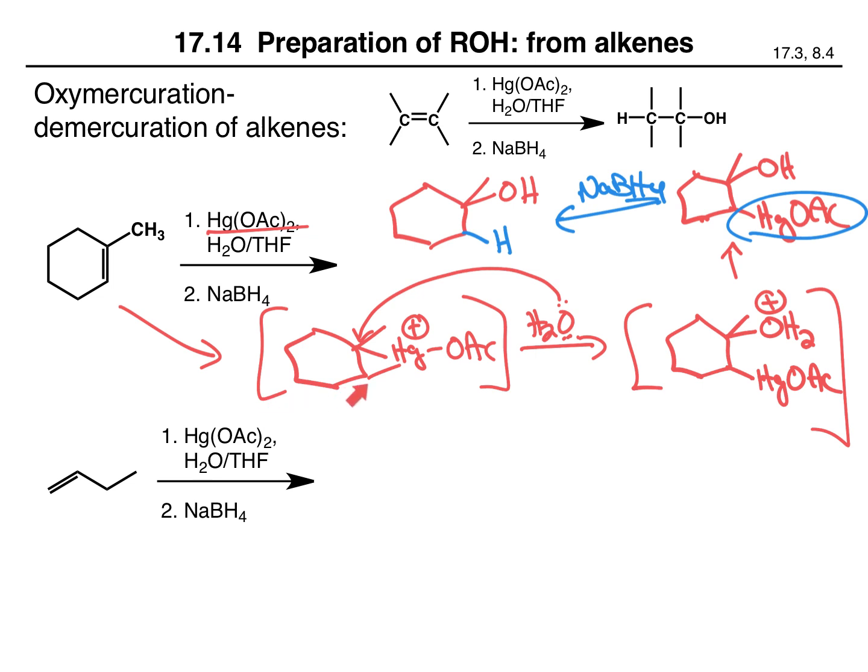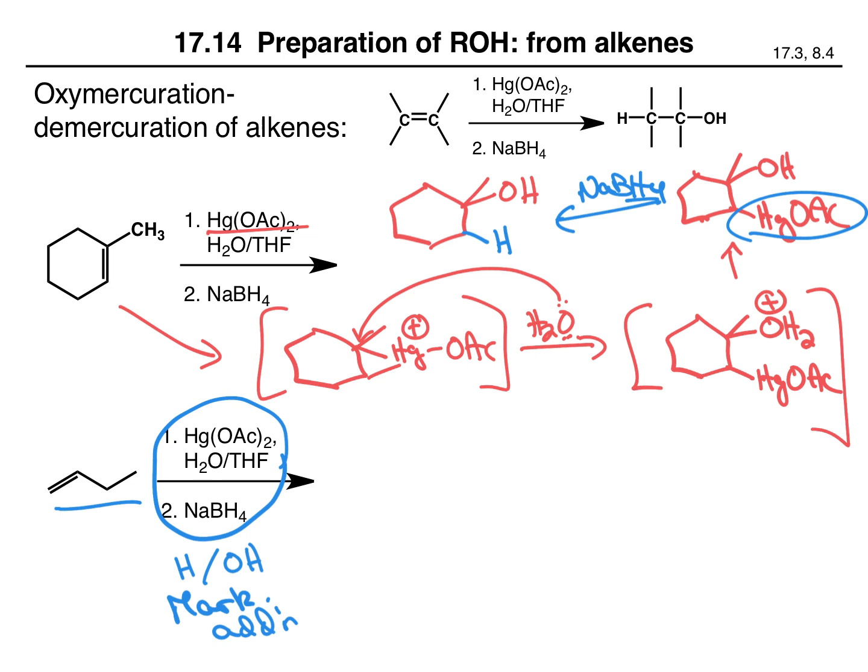I'm not going to ask you to show me the mechanism. I just shared this in case you were curious. What's more important to me is that, number one, you recognize the conditions for oxymercuration, demercuration, and you know that this leads to the addition of H and OH across the double bond, and that you do so with Markovnikov addition, which means for this compound, when this undergoes oxymercuration, demercuration, we will get this secondary alcohol as the major product, not